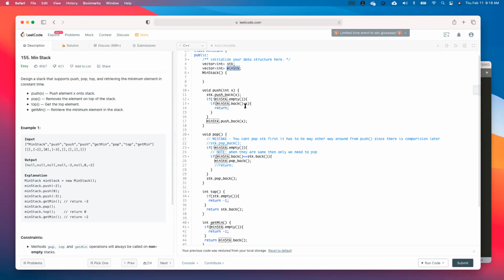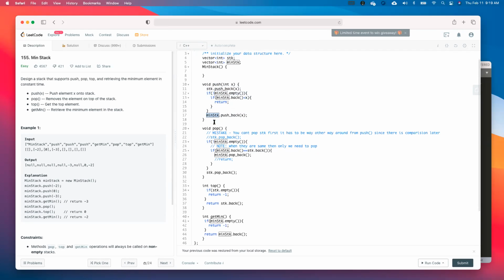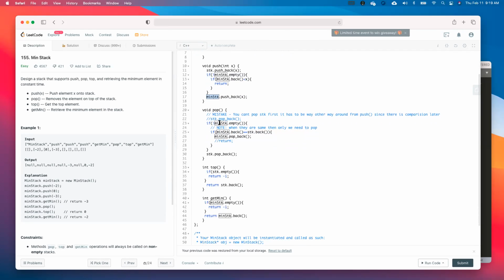The comparison needs to be done because it is a minimum stack. If the element is already bigger than the peak of the min stack, there is no point in putting the element. Of course, there is another check, because the min stack could be empty, the first condition. So we will definitely update the stack, but we may or may not update the min stack. Okay, so this is the push function.